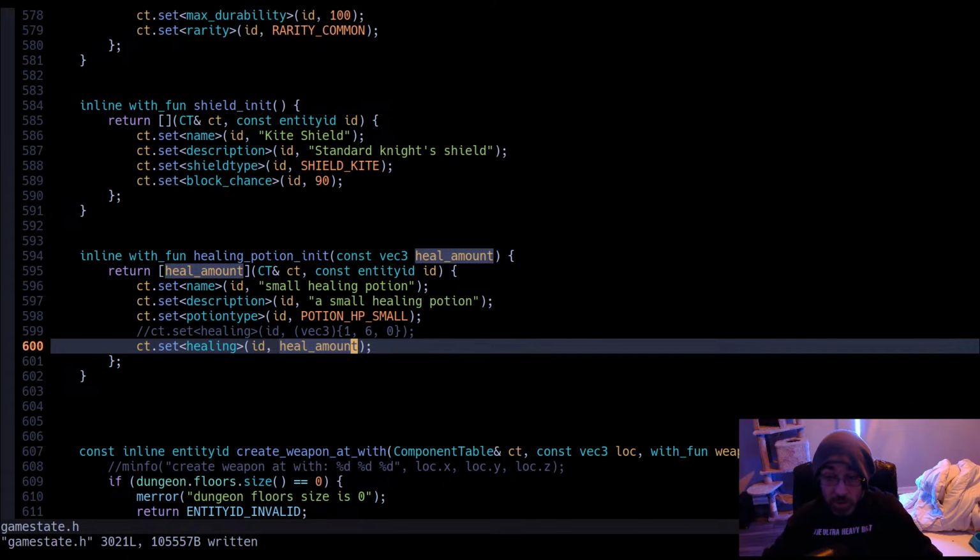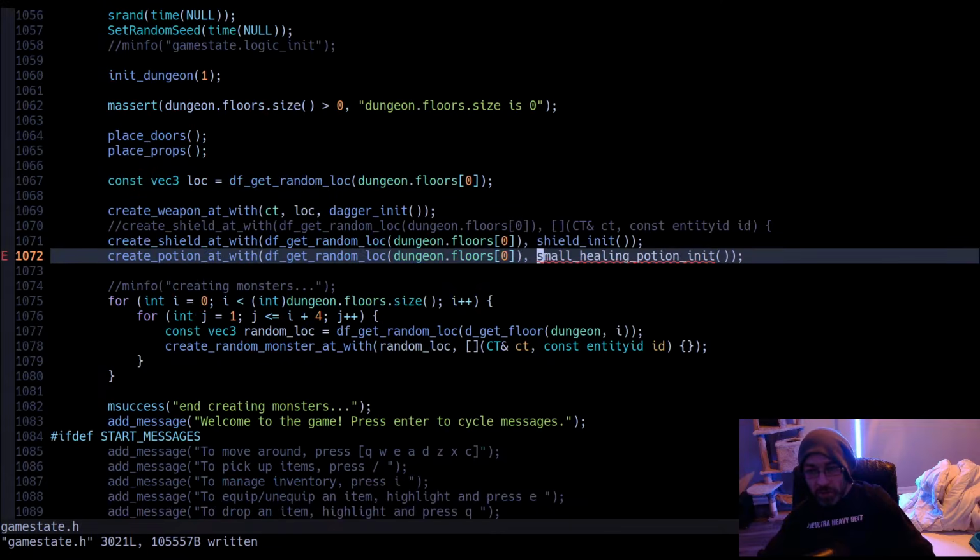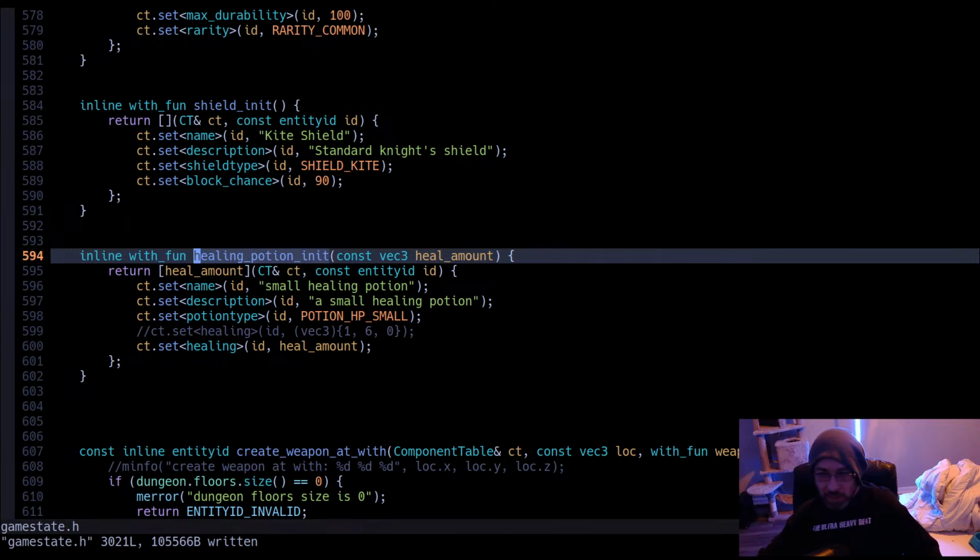And that's kind of cool. So if we know that we have a healing potion that we actually want to return instead, but we need to actually specify what the healing amount is now, we do it like that. So I could actually create small... well, actually, this would force it. Well, this may not be the best because what we should pass in instead would be the potion type itself, right?